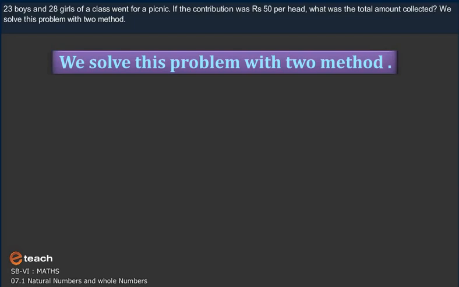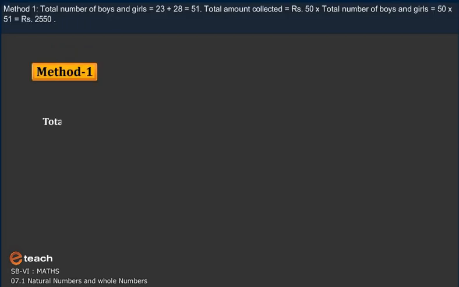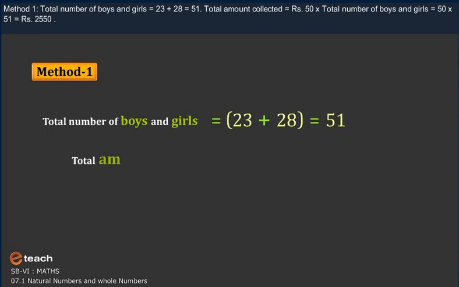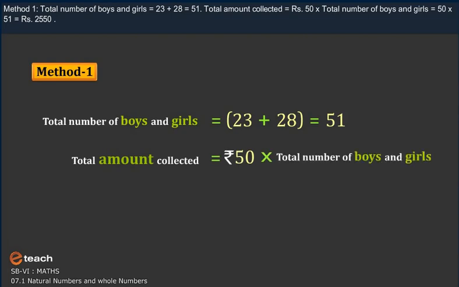We solve this problem with two methods. Method number 1: total number of boys and girls is 23 plus 28, which comes to 51. So the total amount collected is Rs 50 into the total number of boys and girls. That is 50 into 51, which comes to Rs